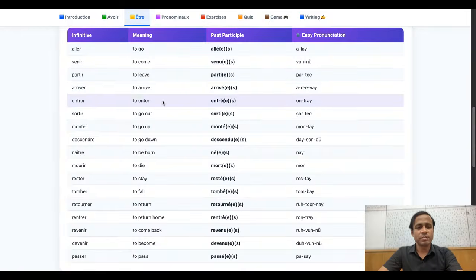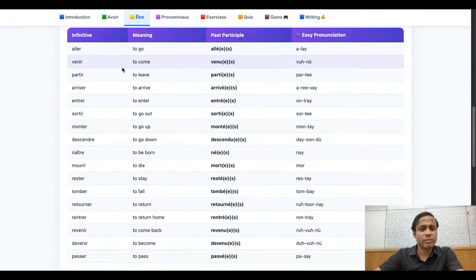Partir, parti, arriver, arrivé. Interesting thing: how can you make the past participle of all -er ending verbs? You just remove the last r and add an accent on top of e. For all -er ending verbs, whether regular or irregular, blindly you can make the past participle. Just remove the r and add an accent on top of e. Aller, venir, venu, partir, parti, arriver, entrer, sortir, sorti, monter,